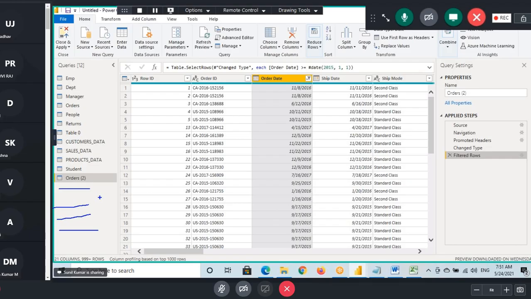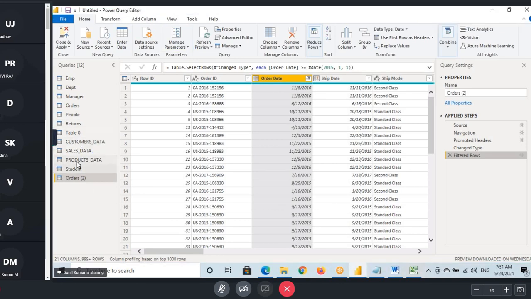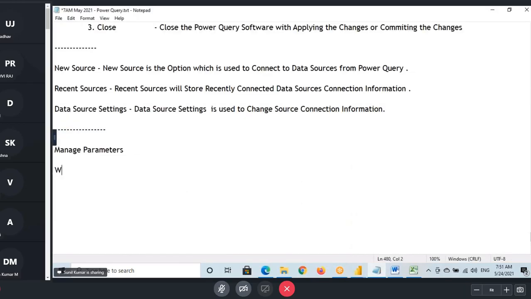Instead of that, there is a best way you can deal with this, and that is manage parameters, guys. When you think that the condition will change in the future, whenever you are using some condition in many tables, don't go and write the condition directly like this. So let me write a few points here. Whenever we are writing some condition in many places,